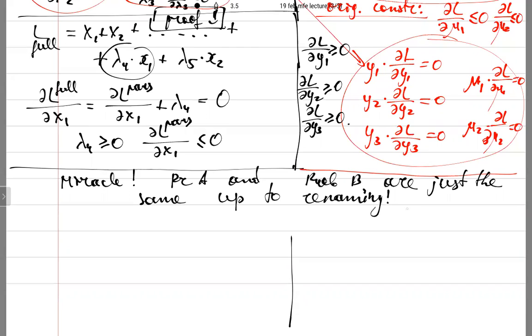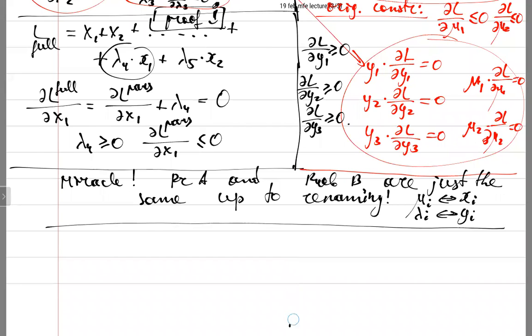You just need to call mu is x, lambda is y, and bingo, you have the solution of the other problem. So now let's solve the problem B. We know that the solution of the problem